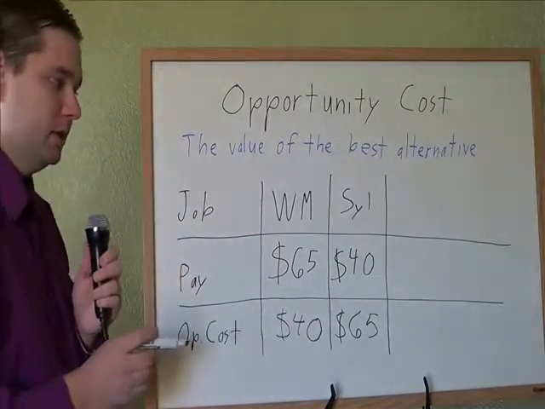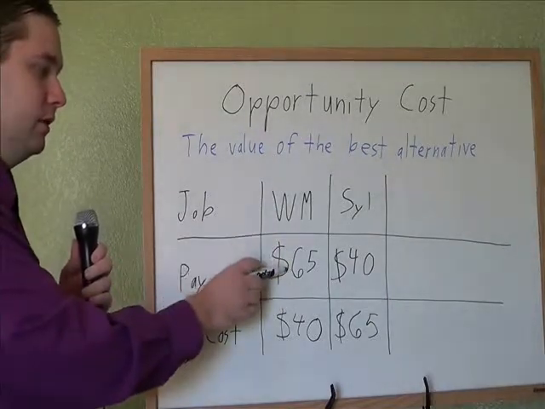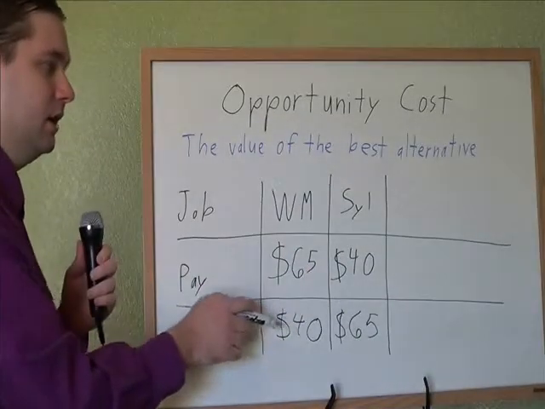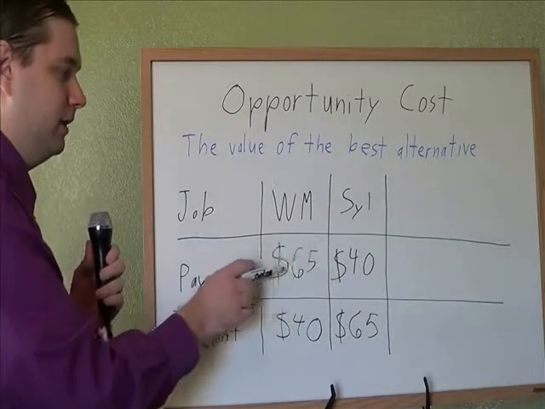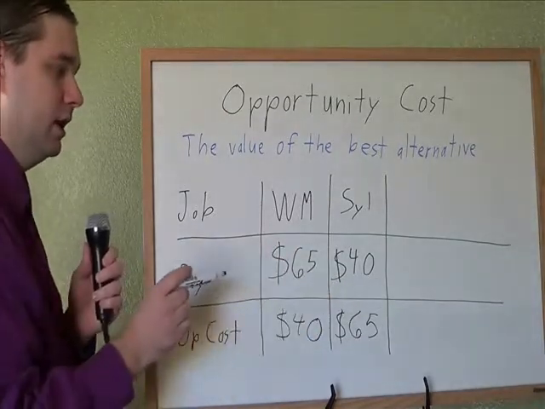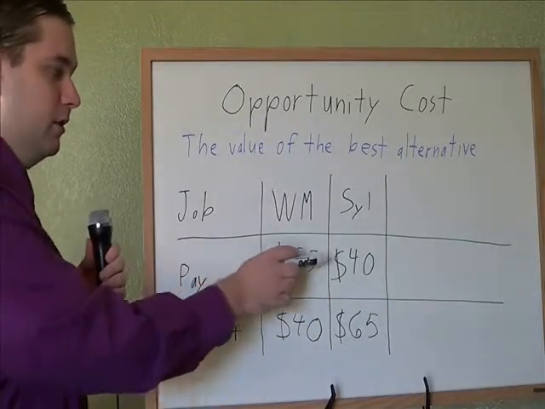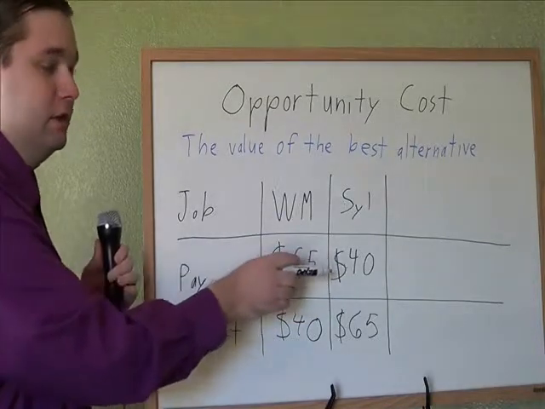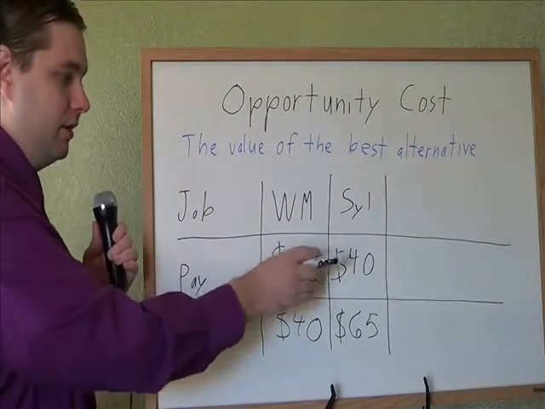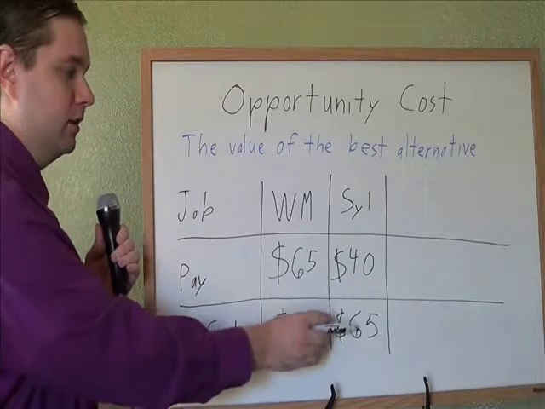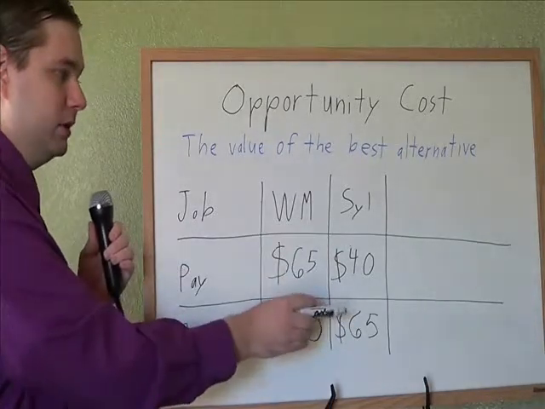And that's all that opportunity cost is. When I make the option of doing this, I have to give up that other option. If I decided to work at Sylvan, I would have had to give up working at Walmart. And what it came down to was, even though on its own working for $40 a day was a good deal for me back then, I wouldn't want to do it if I had to give up that $65. And that's why I've never worked at Sylvan.